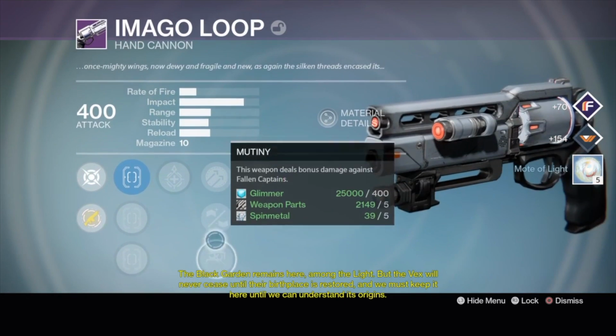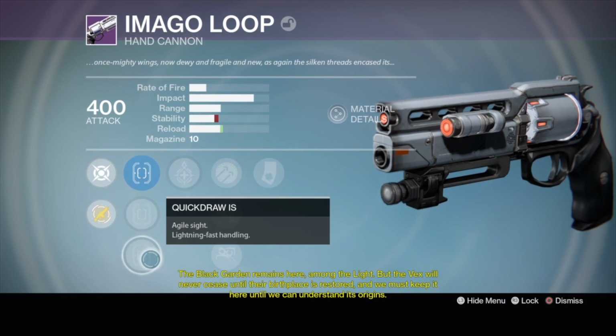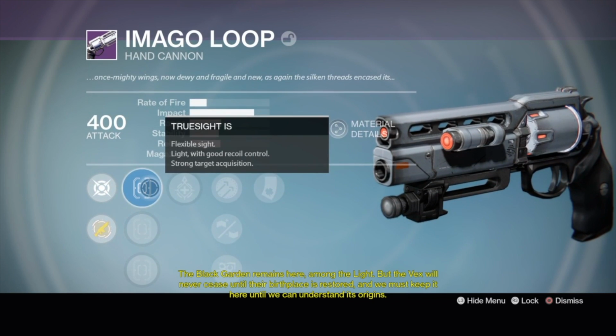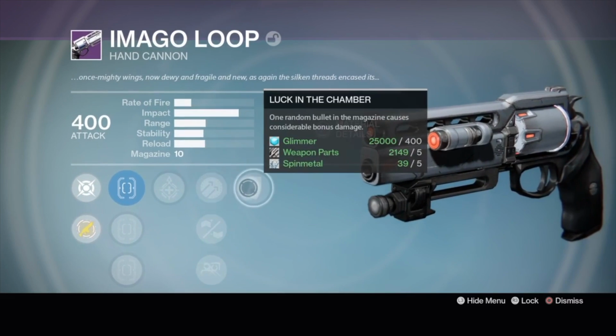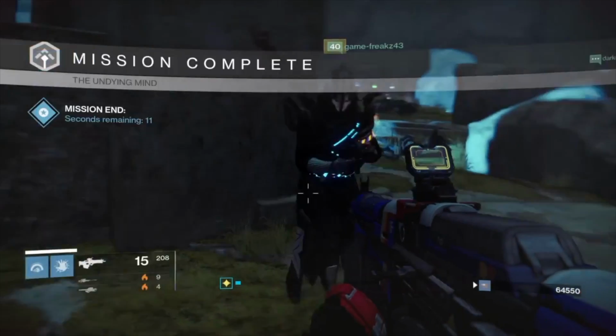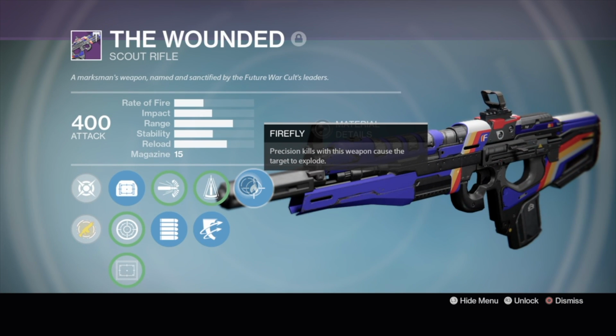That is the Titan class item. Imago Loop, everyone is trying to get a good roll on, because if you get it right, it could be exactly like a Fatebringer. If you get one with Rifle Barrel, Outlaw, and Firefly, you basically have yourself a Year 3 Fatebringer. I don't care, because I have my oversized Fatebringer, my Wounded Scout Rifle from Future War Cult, that's